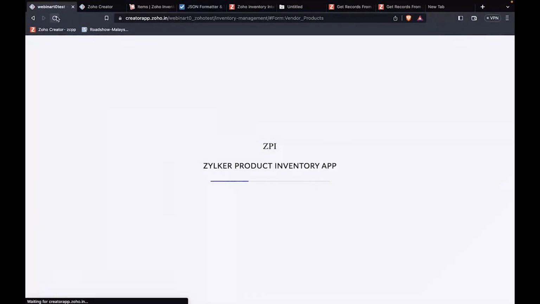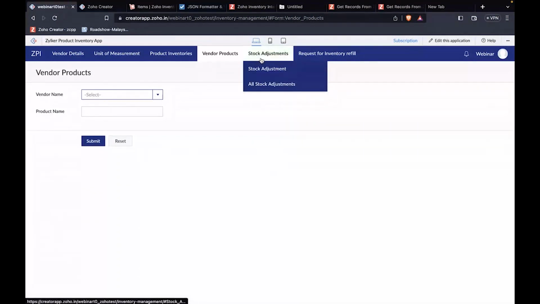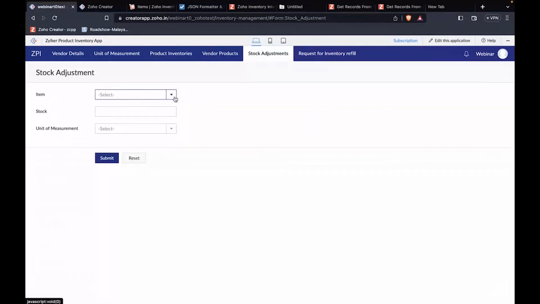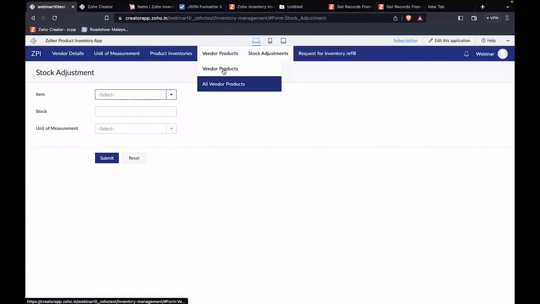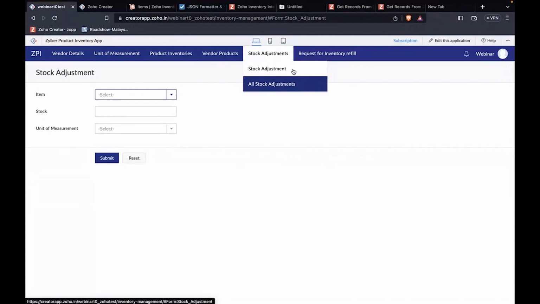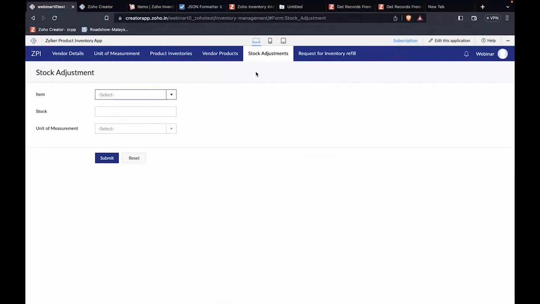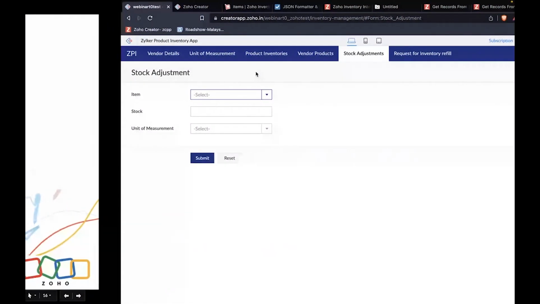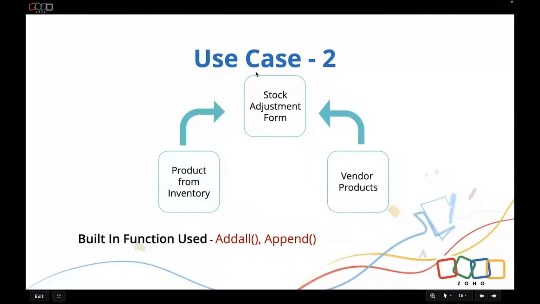I'll reload this page again. I'll get into the stock adjustment form now. If you see over here, I have the values from the vendor product list listed under the stock adjustments form. Now let's move on to the next application,